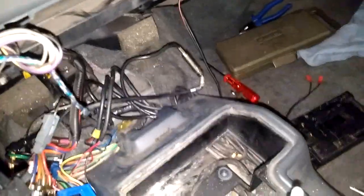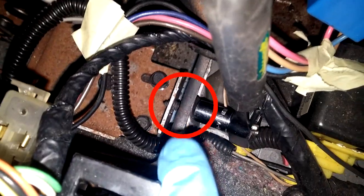Plastic clip is for the main one, and the metal one here goes onto this side switch. So I was wondering why this wouldn't come out here, even though we had removed all the screws up here and over here, but actually there's one here in the middle which holds this frame onto the chassis of the car, the body. So I'm going to remove this, and then we should be able to lift this center console